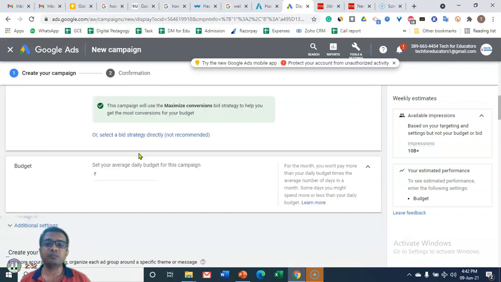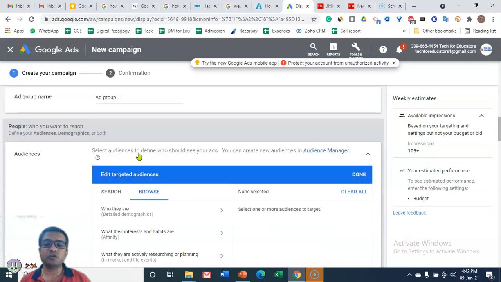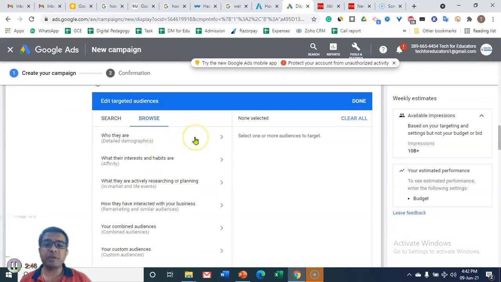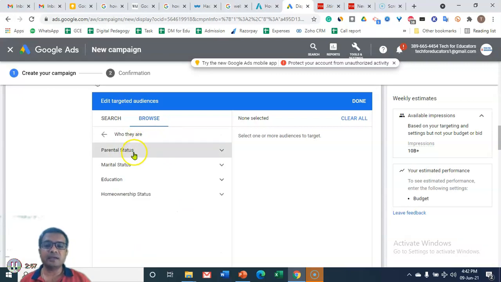Now if I go down, the advanced options available to us are in the audience, the people you want to reach. Under this they have divided it largely into four segments. The first is called detailed demographics. What do we mean by detailed demographics? If I click on it, I can see parental status, marital status, and education.